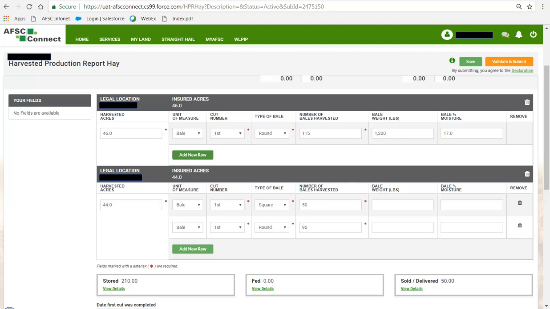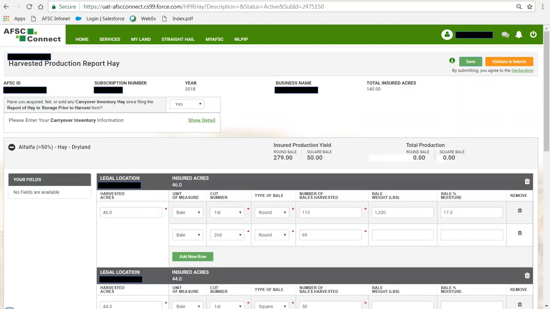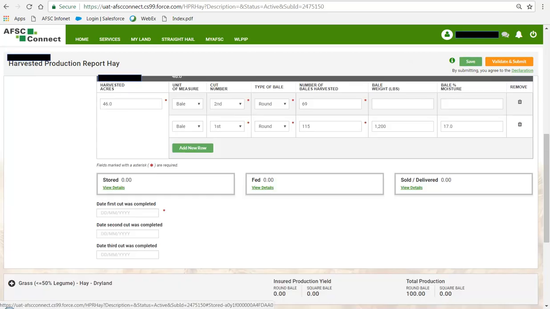When you want to enter production from your second or third cut, click on Add New Row and enter the production information for that cut. Once all production information is entered, click Save to ensure all information is saved and totaled in the insured production yield. Now that the production information is entered, you need to indicate whether this year's production is stored,